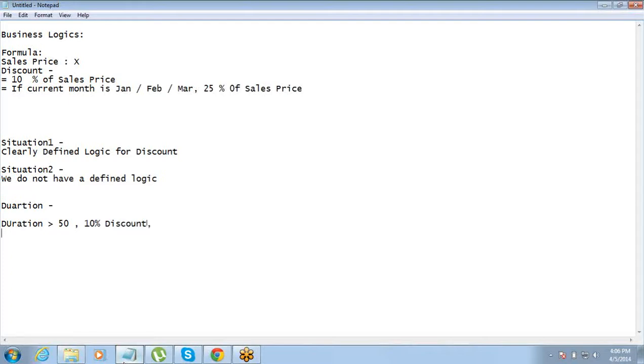If duration is greater than 100 hours, they say we will give a 20% discount on the rate. If duration is more than 200 hours, they say we'll give 30% discount on the rate. If that is the case, right? So this way they can have different slots. For any duration which is this much, there's going to be a slot, right?